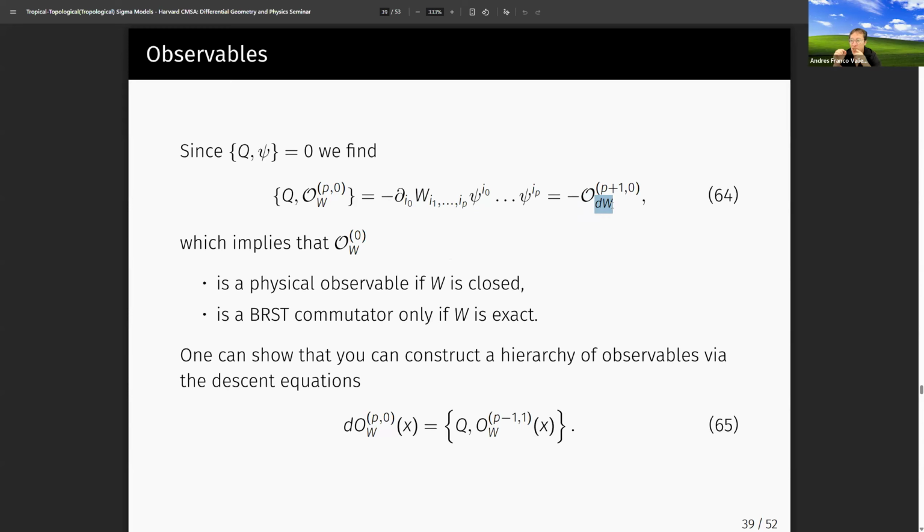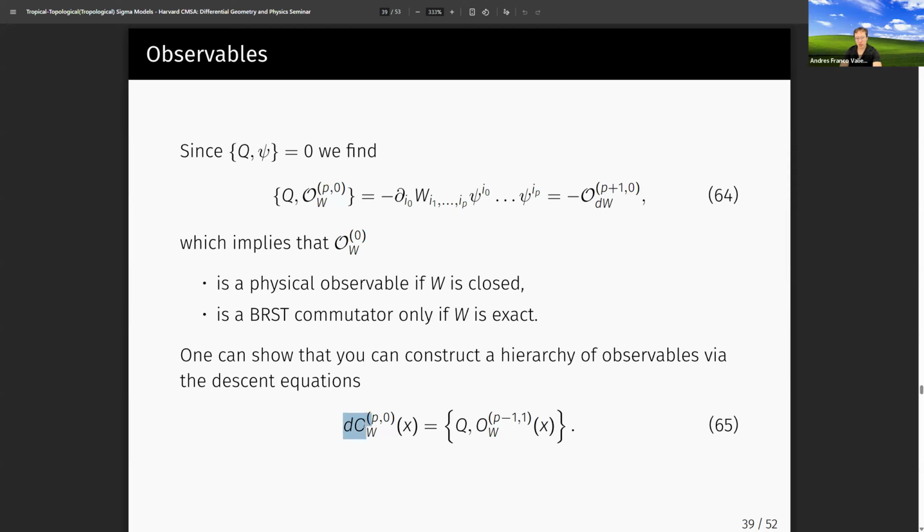And so what that implies is that if you want this thing to actually be an observable, in other words, if you want it to be BRST closed, then you must force the forms that you're looking at in the target space cohomology to be exact. That's going to tell us which are the correct ones to construct. And in fact, you can construct a hierarchy of observables by taking exterior derivatives. What you can do is